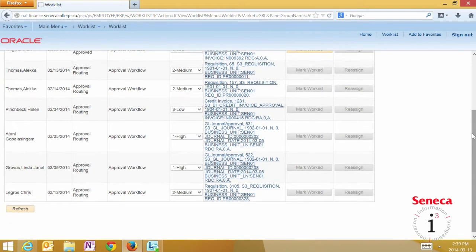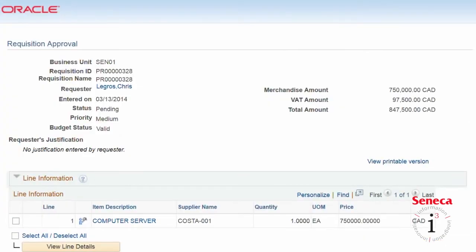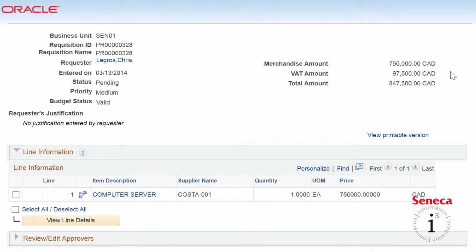So I'm just going to scroll down. Here you'll see there's a requisition waiting Renata's approval. It's requisition 328. So I'm just going to click on that requisition, bring it up, and it's going to show the requisition number, show her who created the requisition, the dollar amount of the requisition, brief description of what it is,